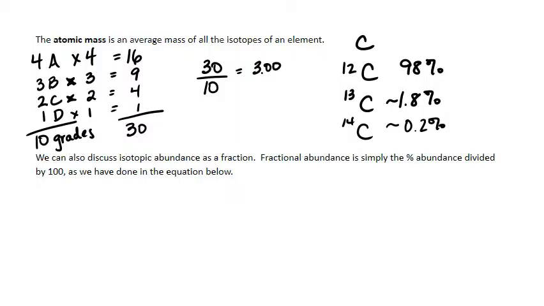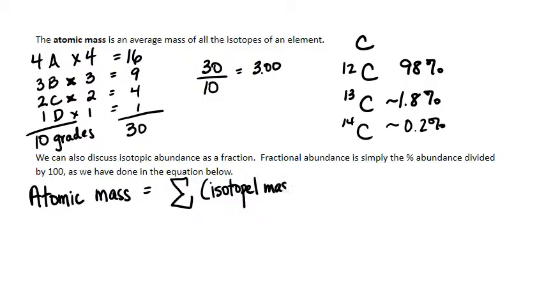or carbon-14. So we have a specific equation that we use to calculate average atomic mass, and that average atomic mass is written like this. Atomic mass is equal to the sum of, and this is the Greek letter sigma, and it means to sum. So we're going to do the sum of the mass of isotope 1 times what we call its fractional abundance,